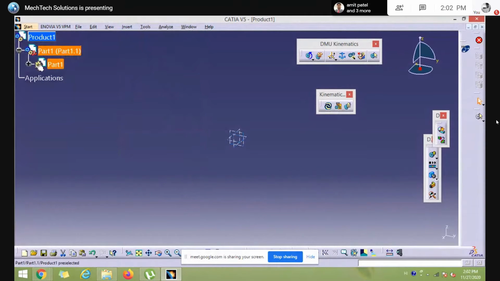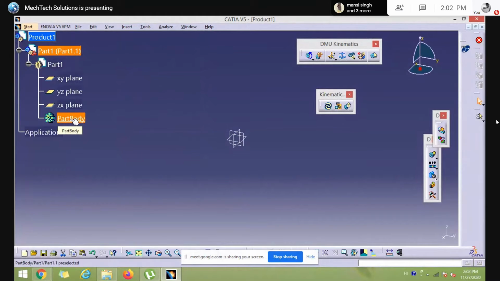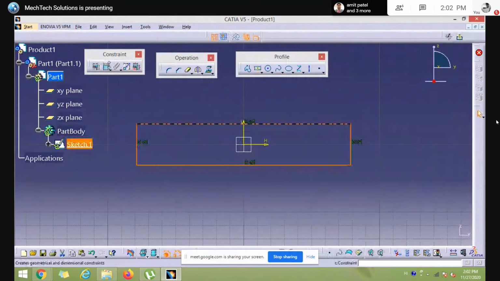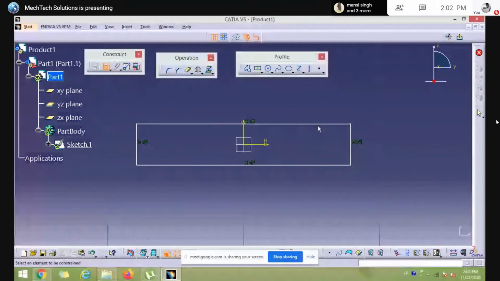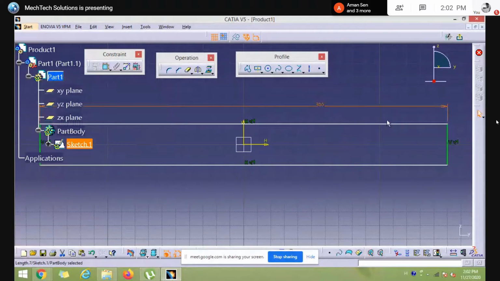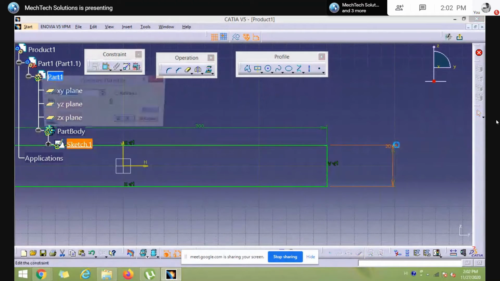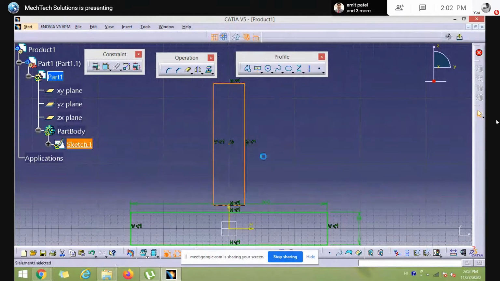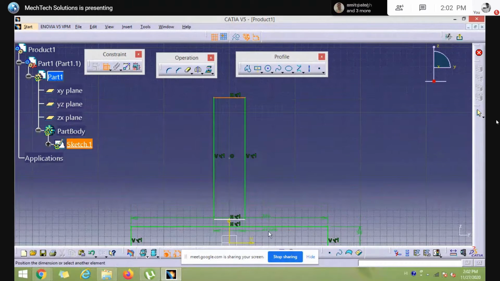Base will be the same as the part we used for the rack and pinion. In the same way, I'm creating a single base part. It's a center rectangle with the dimension we gave earlier, 300, right? And this one 50. Then here also, vertically, I am going to use a rectangle with the dimension of